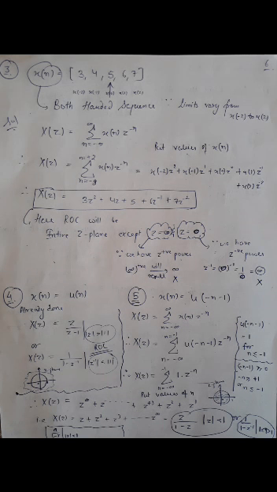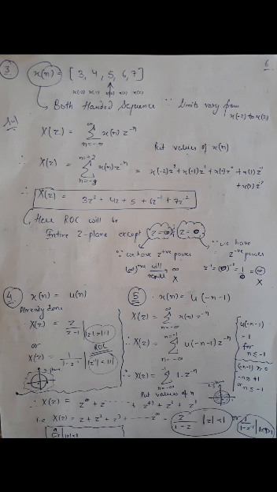We know that the z transform is given by X(z) equals the sum from minus infinity to infinity of x[n] z raised to power minus n. Put in the values of the given x[n]. We have x[n] from minus 2 to 2. That means we have the sum from n equals minus 2 to 2 of x[n] z^(-n). Open this summation, we will get x[-2] z^2 plus x[-1] z^1 plus x[0] z^0 and so on. Put in the values and we will get the z transform for the particular sequence, that is X(z) equals 3z^2 plus 4z plus 5 plus 6z^(-1) plus 7z^(-2).